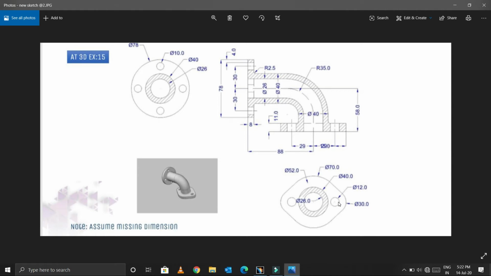So the first circle has a diameter of 12, and the next one is diameter 30. So like that, I need to draw two more circles on the other side. Let me draw this.